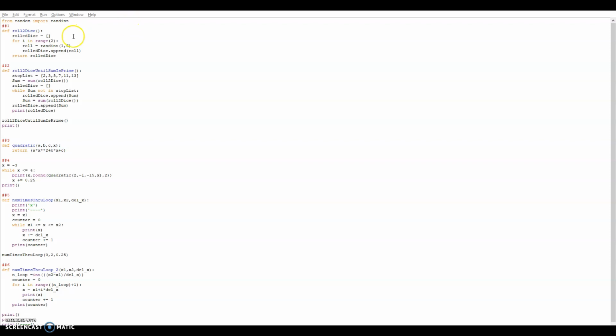The first thing I did was import randint from the random module. Then I had to define my helper function, which rolls two dice. So this is a function, and then inside the function I have rolled dice equals to an empty